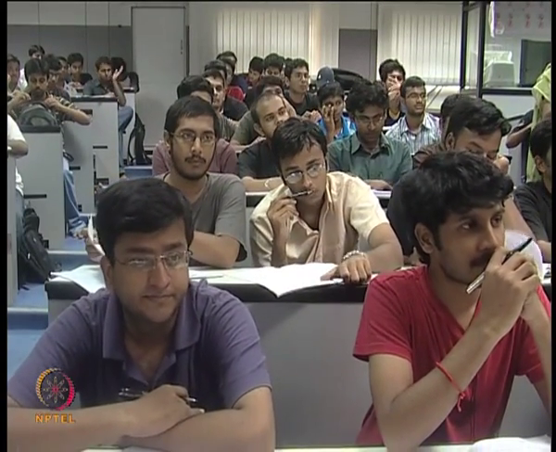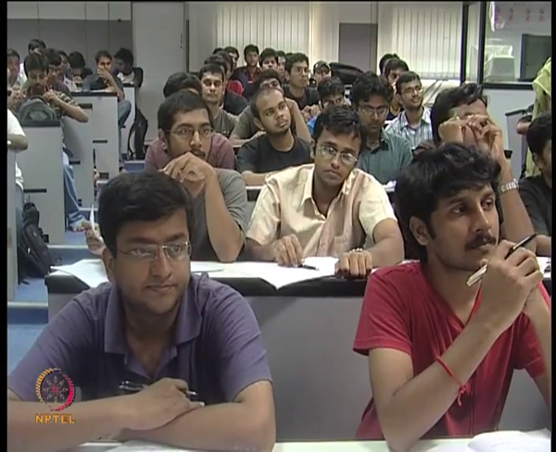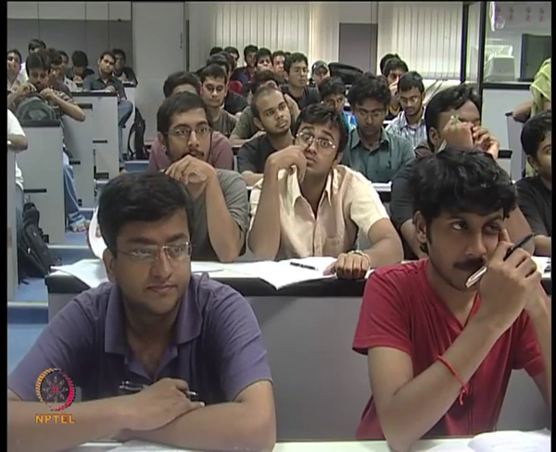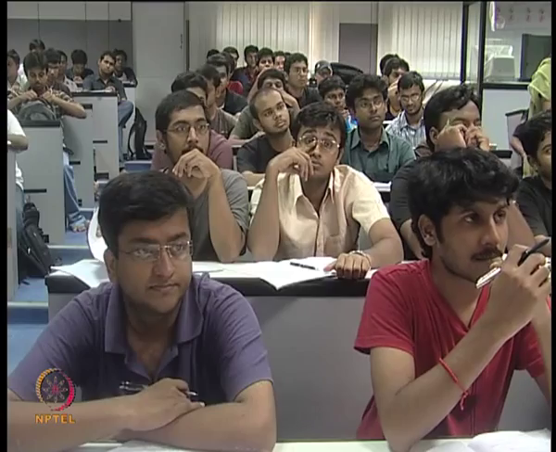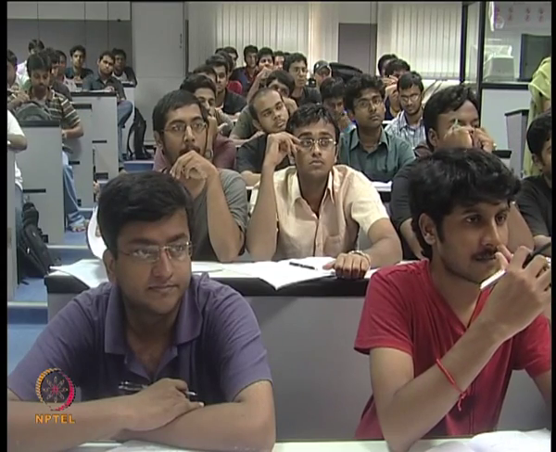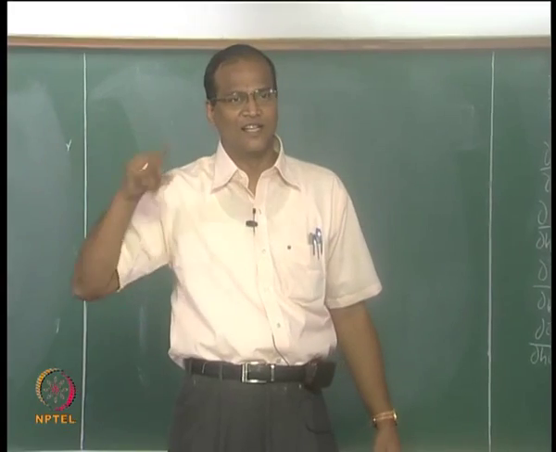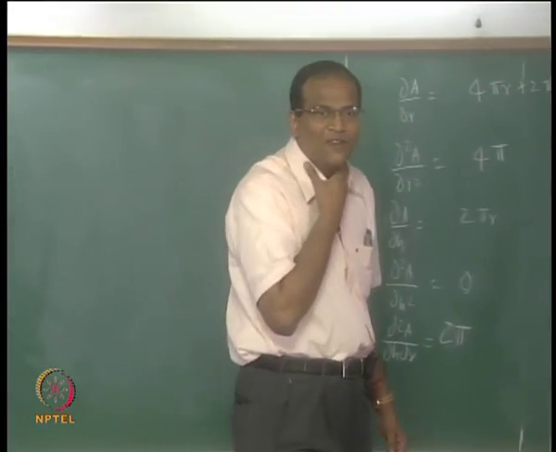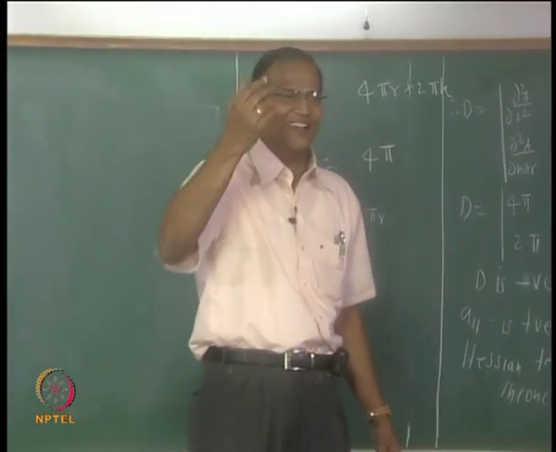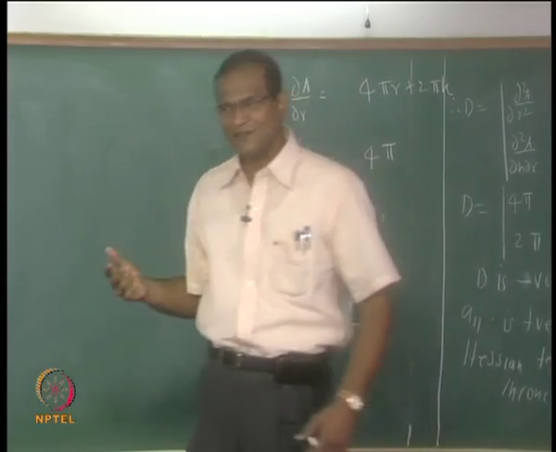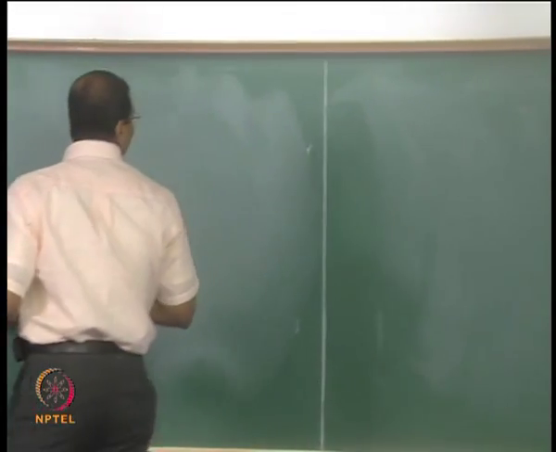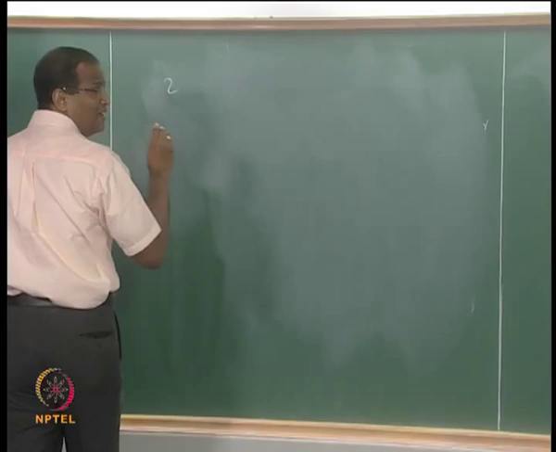But if you have a function like e to the power of x, e to the power of 3x, or sin x and sinh x, you can keep on differentiating. But if you have x squared, you can do only one step, 2x, and then the next step you are sunk. E to the power of x, you can keep on going. So it depends on the nature of the function. Fine. 29, is it 29?